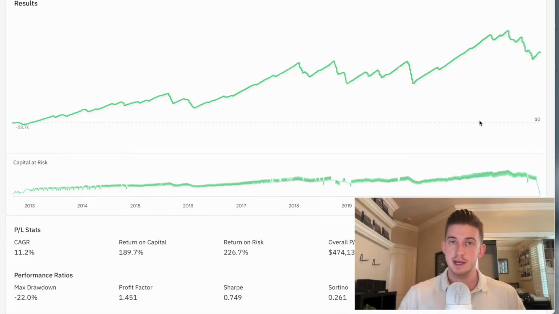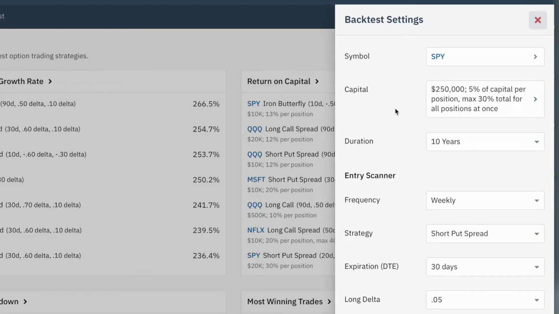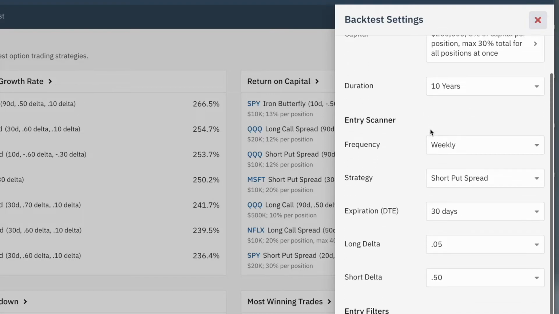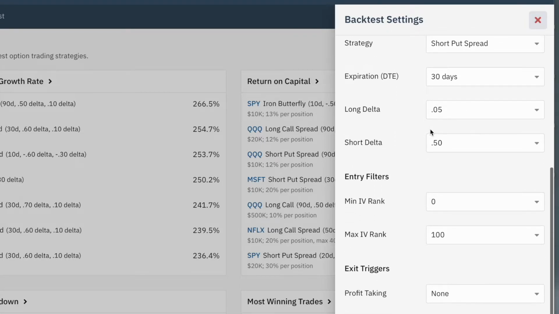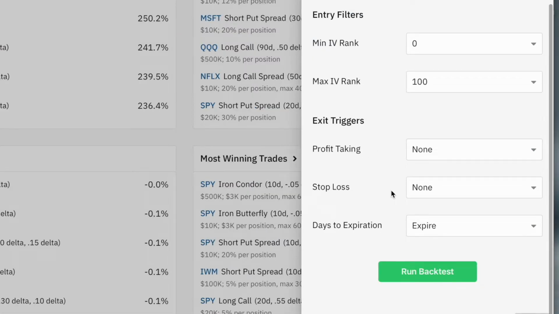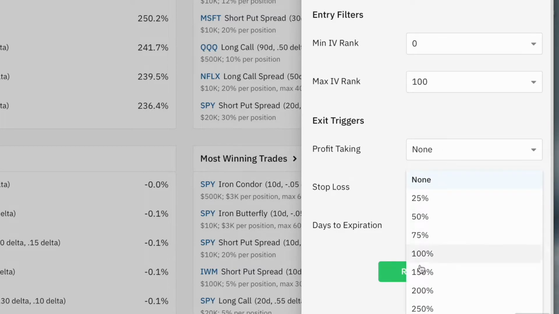But now what about the case of actually using stop losses in this exact same kind of backtest? So again, I'm going to run this backtest once more on SPY. All the parameters will be the same, except we're going to use a stop loss on all the trades. All right, guys, so here we go. I've gone ahead and created a brand new backtest, again with all the exact same parameters as before, except now for the stop loss configuration, we'll set that to, let's say,